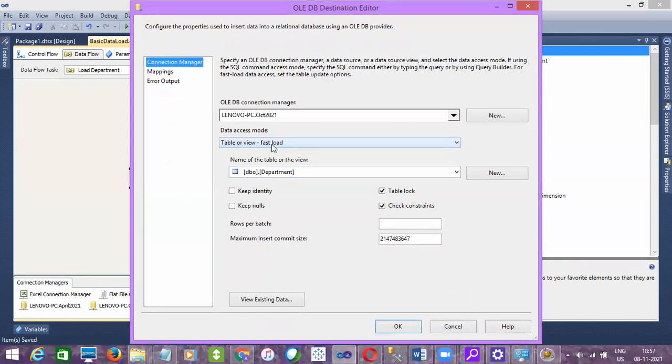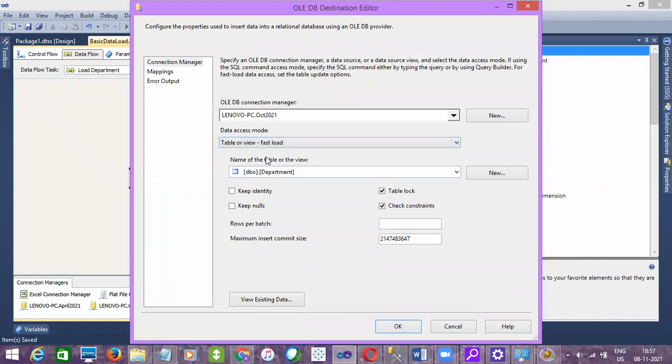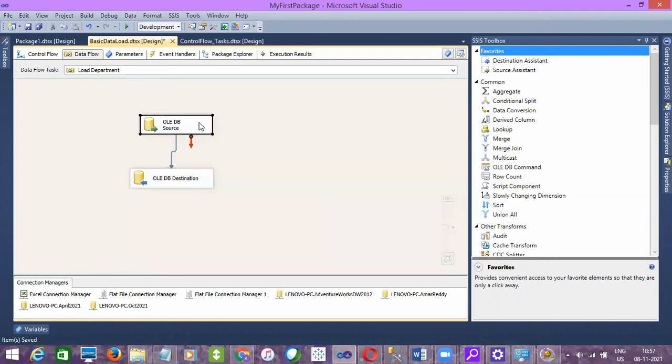In your destination, always use the fast load option so that the data will load faster than usual. And make sure here rows per batch you have increased to 1 lakh. Why? Because by default the data insertion will be 10,000 only, and also change the maximum insert commit size to 1 lakh. Rows per batch to 1 lakh means at a time from the source it will fetch 1 lakh and insert into the destination.